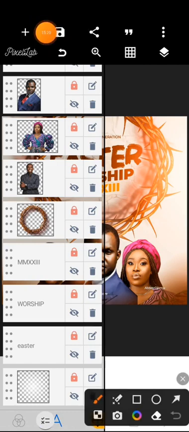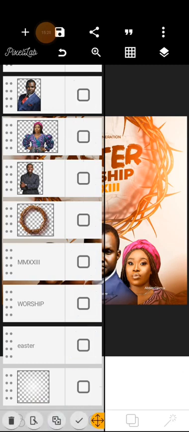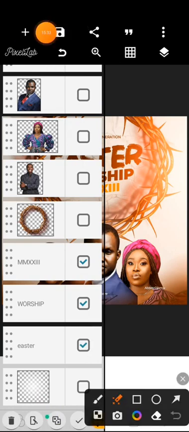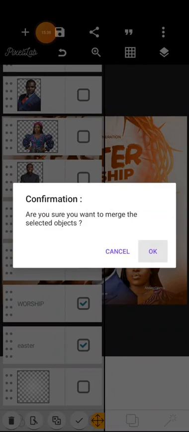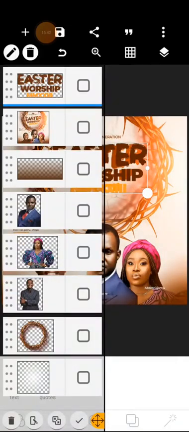Just go to this point down here, and when you click it, you will see an option to check things. Check all of them and press this other button here, which is for merging. We're going to merge it like this, boom, and it will become one